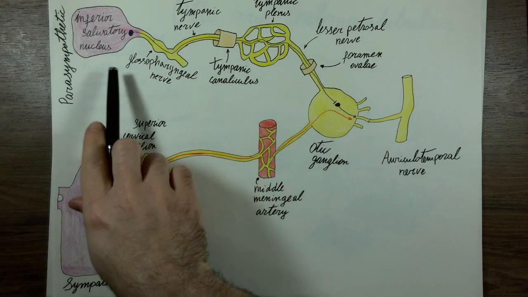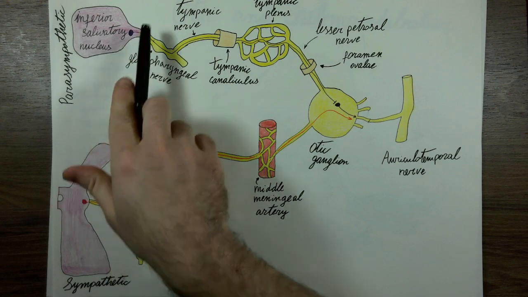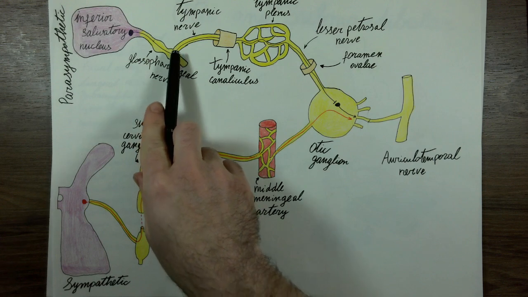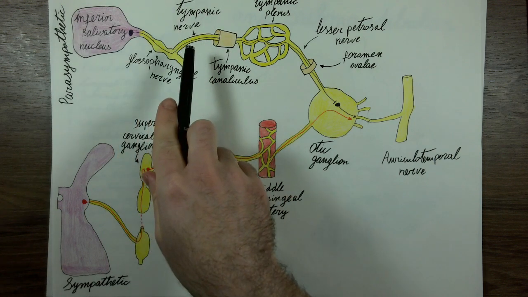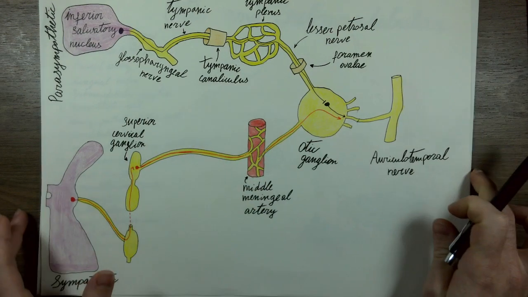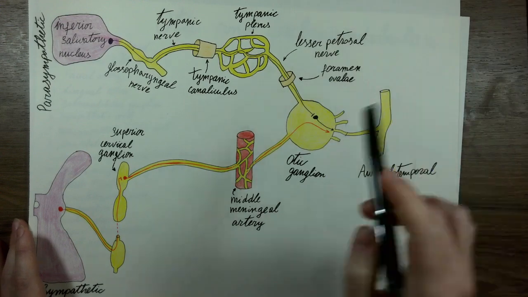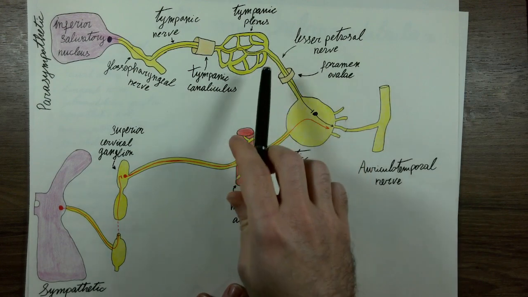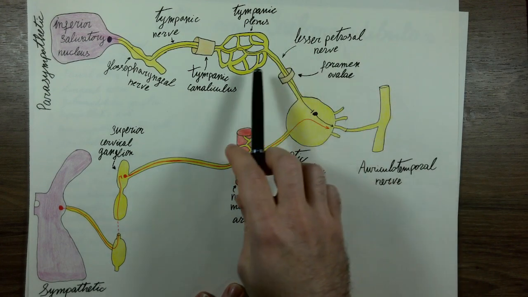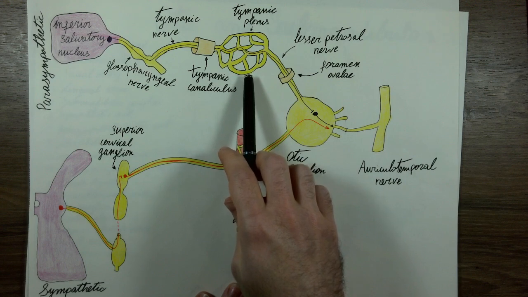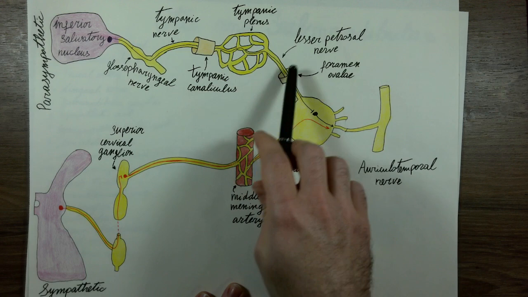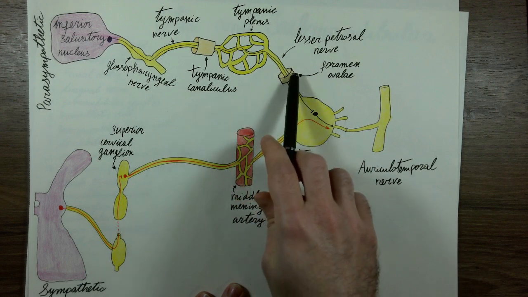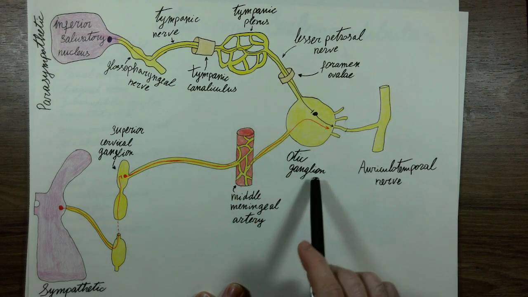Now, the preganglionic parasympathetic fibers are coming from the inferior salivary nucleus, part of the glossopharyngeal nerve. This nerve would give a small branch called the tympanic nerve that goes through the tympanic canaliculus to enter the inner ear, where it takes part in forming a small nervous plexus known as the tympanic plexus. The tympanic plexus would give off a small branch called the lesser petrosal nerve, and this lesser petrosal nerve would pass through the foramen ovale, join the otic ganglion in this case, make a synapse,